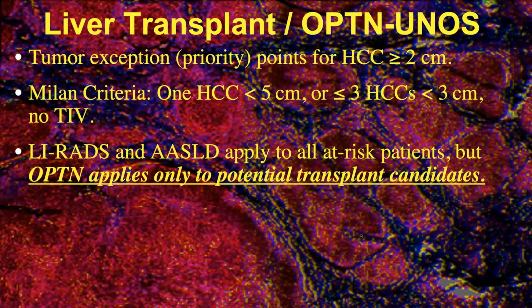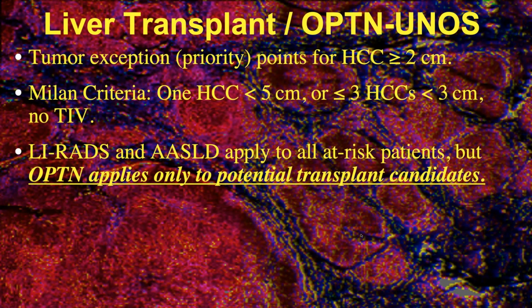So over the years, again, the AASLD had already defined hyperenhancement with washout greater than 1 centimeter as being diagnostic of HCC. OPTN incorporated that in a specific scale that they adopted. And then LI-RADS, composed of a large number of liver imaging experts, felt that we needed to define this more precisely. What exactly are these criteria? What is the best data? And how do we build the best possible system? And over the years, the AASLD and the LI-RADS team have been communicating, and essentially we're now totally on the same page. LI-RADS 2018 included some modification to bring LI-RADS and the AASLD in complete concordance, and these apply to